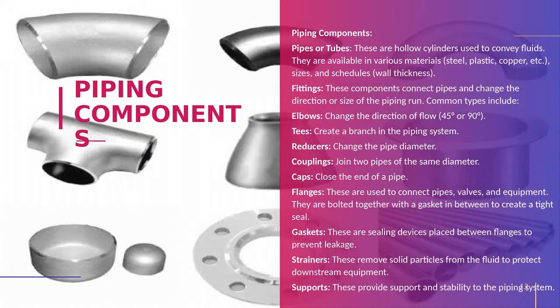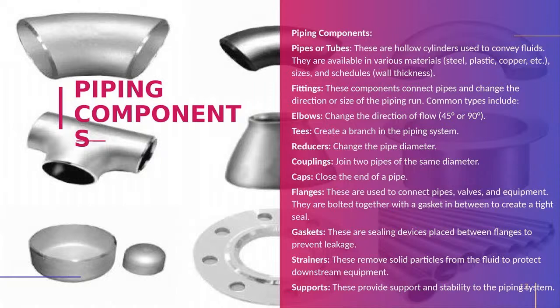Fittings is nothing but a common name. It's a combination of elbows, tees, reducers, couplings, caps, screws, plugs. Everything comes under the fitting. In this picture you can see an elbow. It will be majorly used to change the direction of flow from 90 degree to 45 degree or 90 degree to 0 degree. Everything will be done by the elbows. Tees will be used to create a branch in any piping system, to tie in or tap off. That also will be explained in the PMS: in which service we have to use the ready-made tee, and in which service we can take the tapping. Everything we will be seeing in upcoming sessions.